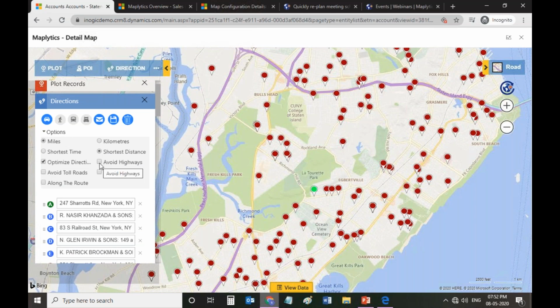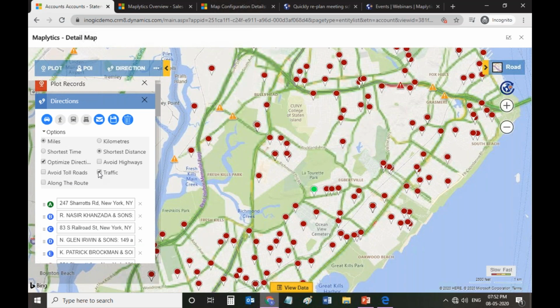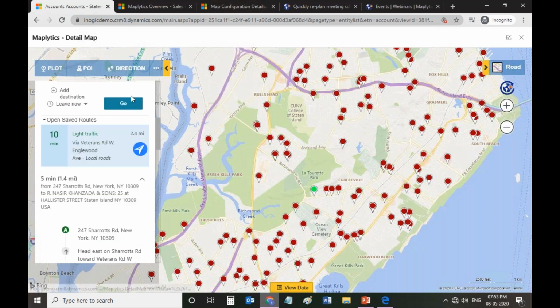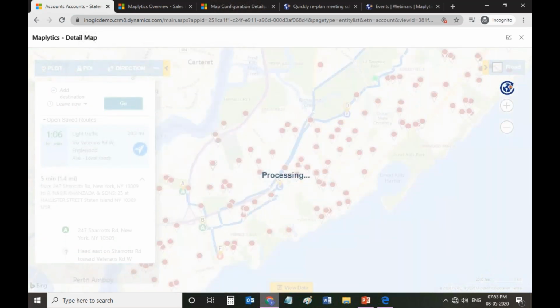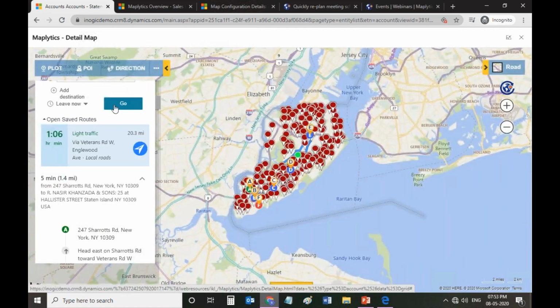You can also choose whether to avoid highways, avoid toll roads, or whether you want to see the traffic or not. I'll just keep it simple, and let's click on go. This will give you an optimized route for the waypoints that you have selected.